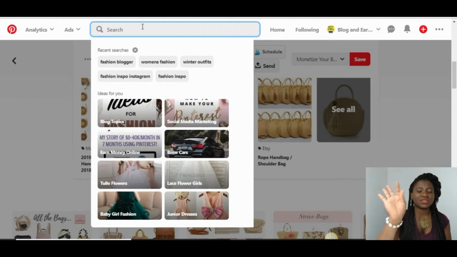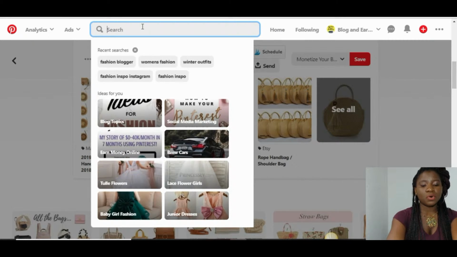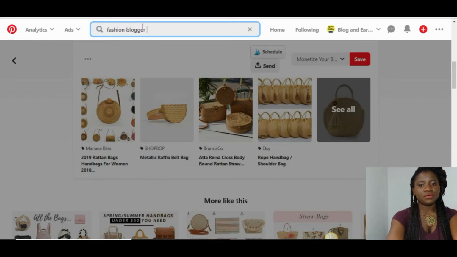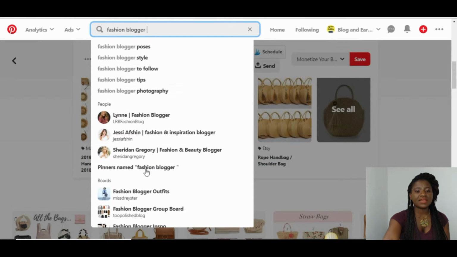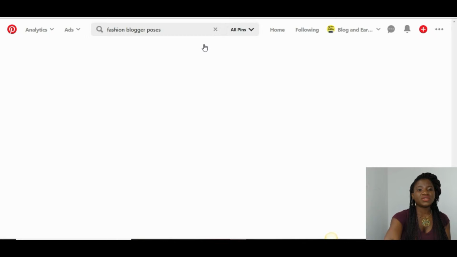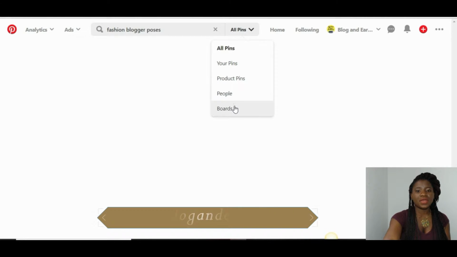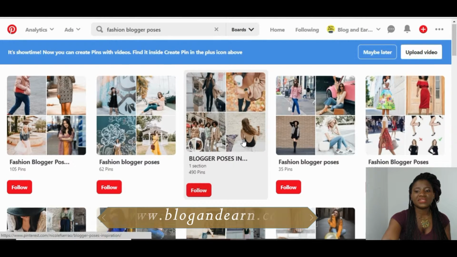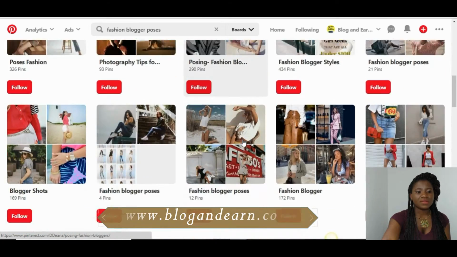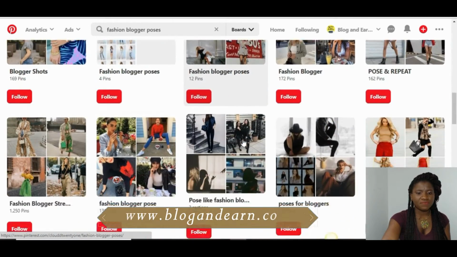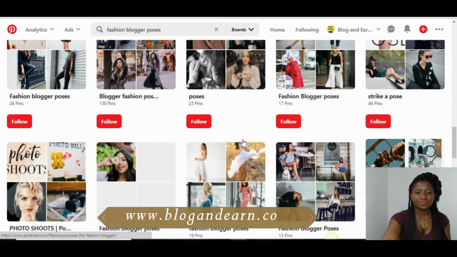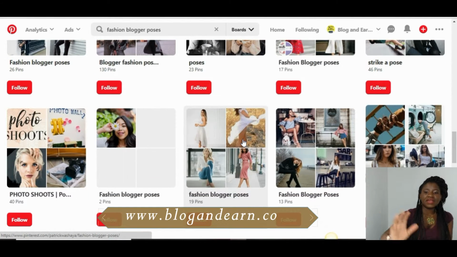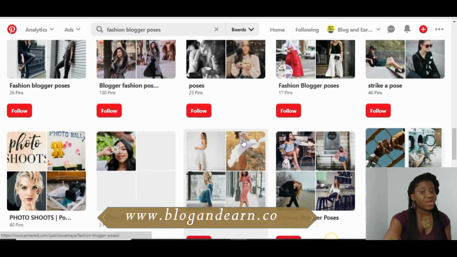And then the first tip I'm going to share with you will be to go check out multiple boards in your niche, right? Fashion blogger, right? Actually, there are two ways to do that. I'm just going to go here and click on boards, right? Because if we do it the other way, it'll only pull up three. Okay, so I want to see some popular boards here. So guys, here we can see so many keyword ideas,